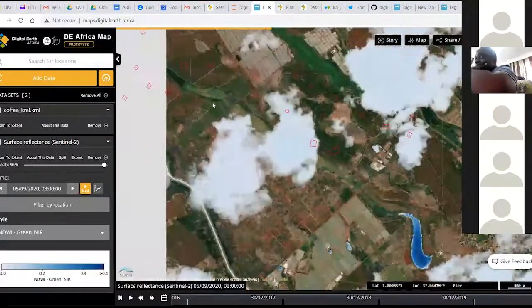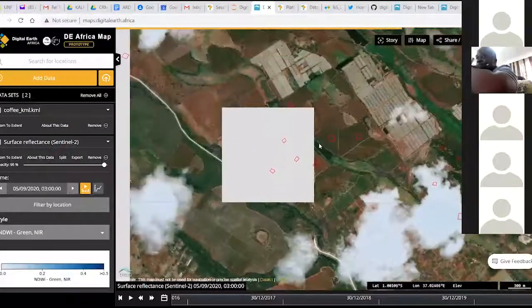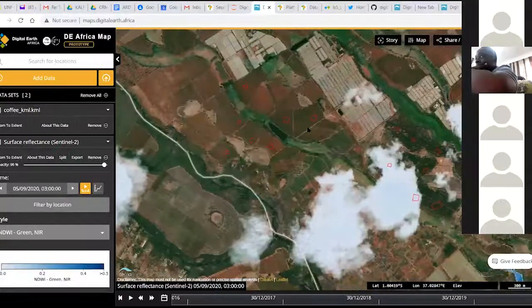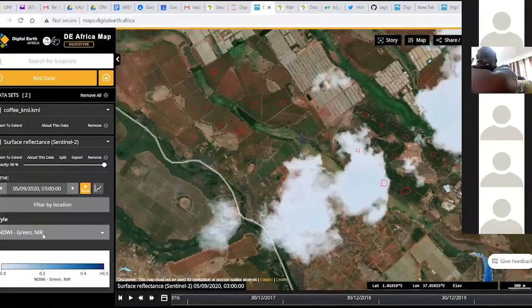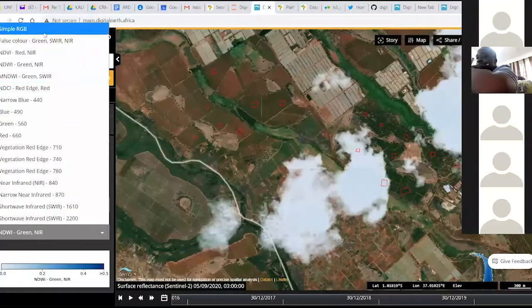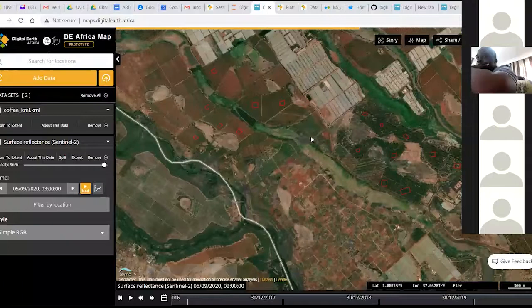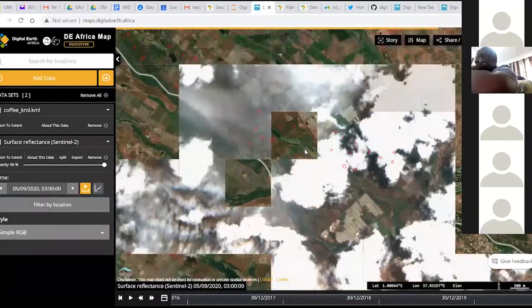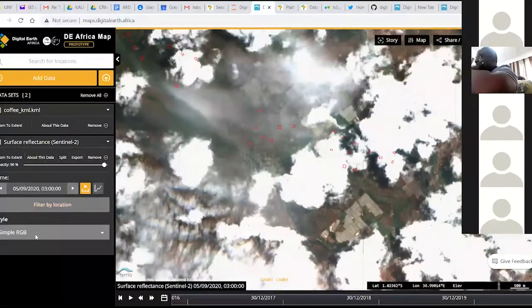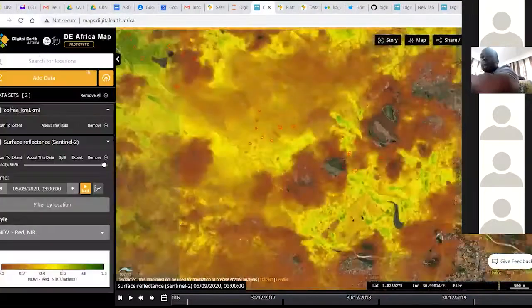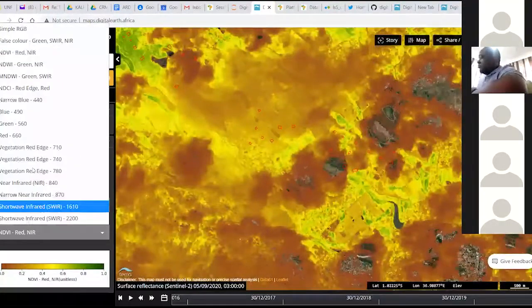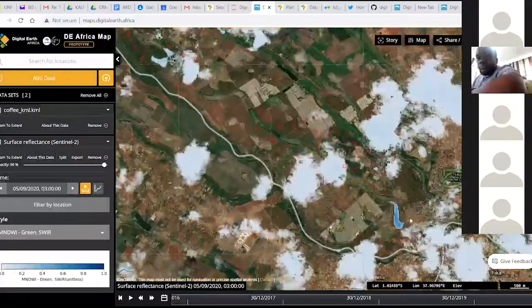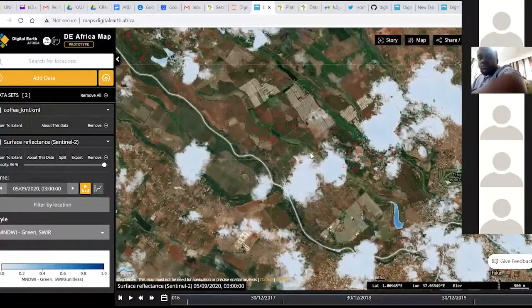The small farms I was showing you somewhere in Kenya, I've loaded a Sentinel image where I can change between what I'm seeing. There's an RGB image, and I'm sorry that there are some clouds in some of the regions. Here you can also change to NDVI to get an assessment. And maybe I'm interested in water. I can see some water points around this area. So this could be an interesting tool as we move forward.